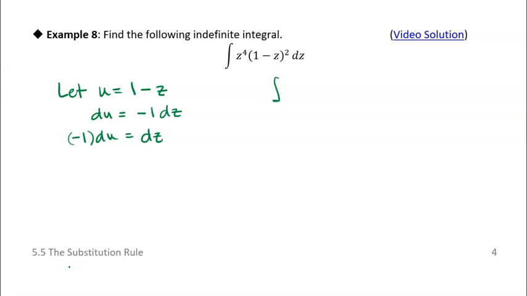One thing I could do is I could rearrange this and make it into z is equal to, take my original substitution, solve it for z. And I could say that I would get what? 1 minus u. Okay. And then I could say, well, okay, 1 minus u to the fourth times u squared is equal, and then I have to take it times a minus 1 du, right? And then I could do a substitution. But when I look at that, okay,